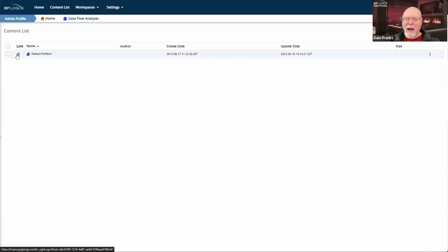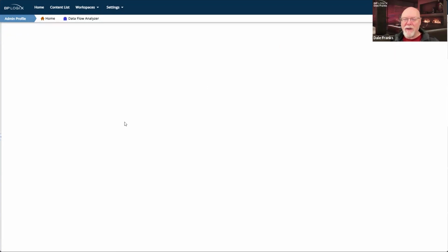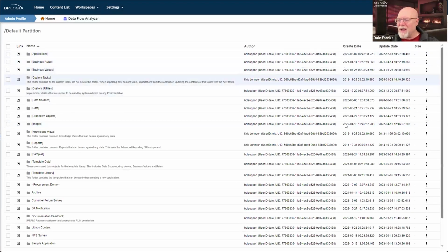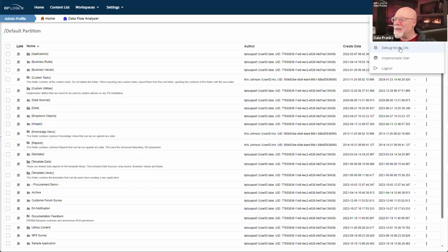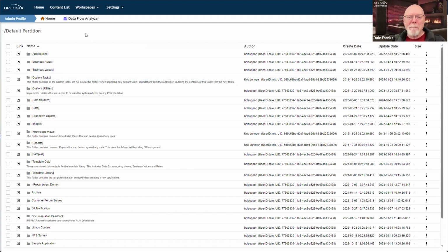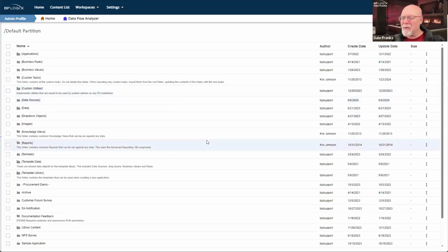And obviously when debug mode is on, there are different things that you see in the system. For example, I have the link here, and if I go into the content list, I get to see all of these UIDs and things like that that you normally don't see. I prefer not to look at them unless I want them, so I'm just going to go ahead and turn debug mode back off. And with debug mode back off, I can now refresh my content list or my contents pane, and I can see all of the items that I want to see.